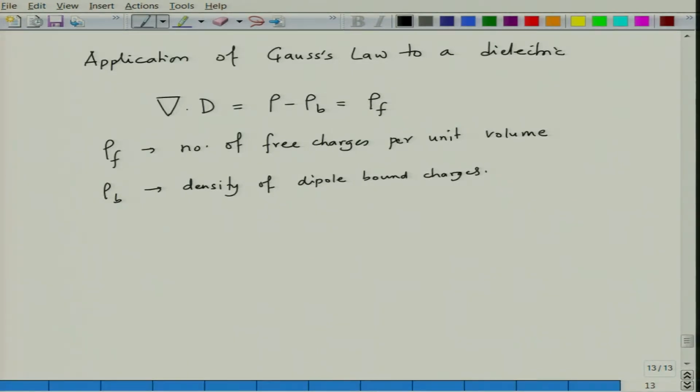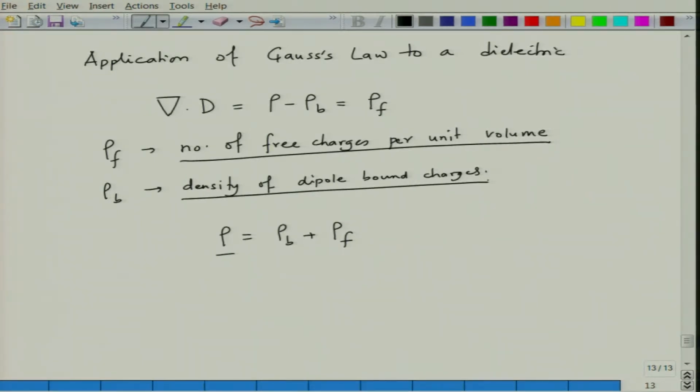And so, basically from this, rho is equal to rho_b plus rho_f. So, the net charge density rho is equal to the number of free charges per unit volume plus the number of bound charges per unit volume, and it is a difference between the total charge density and the bound charge density,